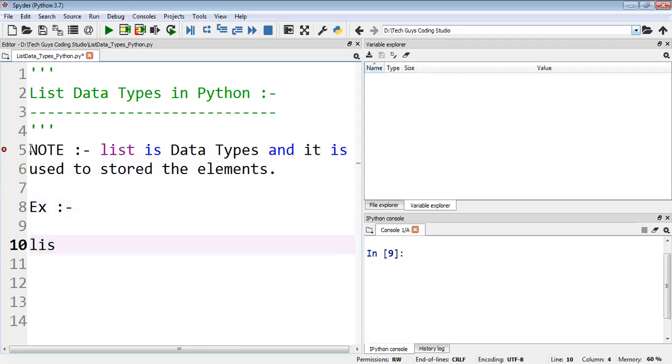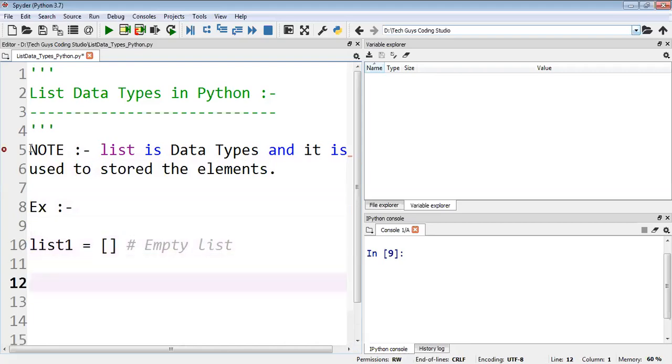For example, one more thing I would like to say, that a list we will represent like this, with the square bracket. It means we can call this an empty list. Example, now I have the list. See here, this is a list. Can you see here the color is purple? It's based on the ID, the color will change.